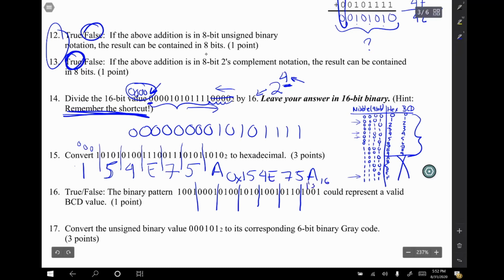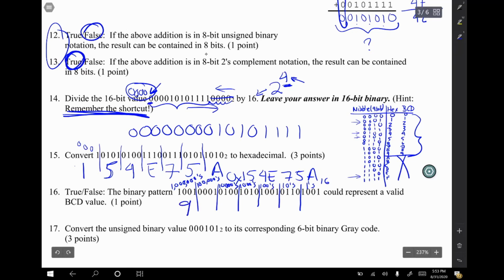this first number is the ones place. The rightmost nibble is the ones place. Then we have the tens place, then the hundreds place, then the thousands place, then the 10,000s place, right? And then the 100,000s place, and then the millions place. All right. And so this number, if it were an appropriate BCD value, this 1001 in the millions place,